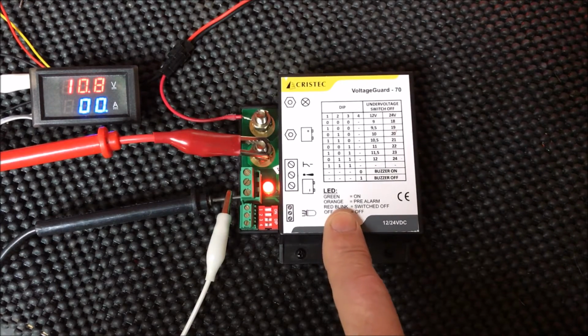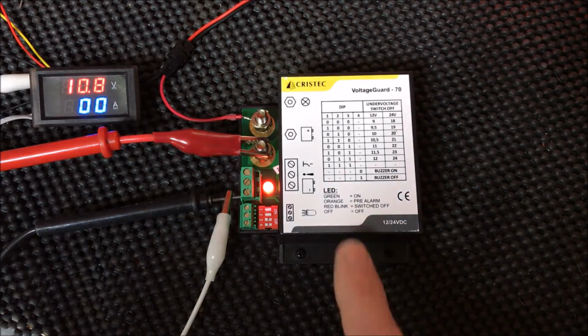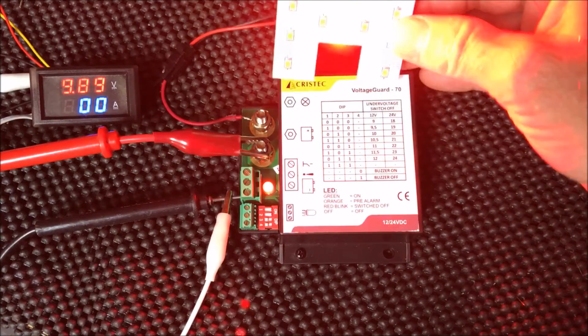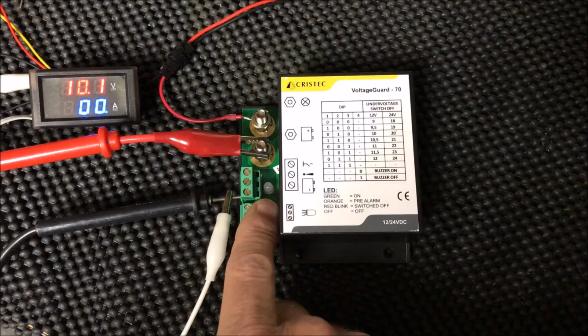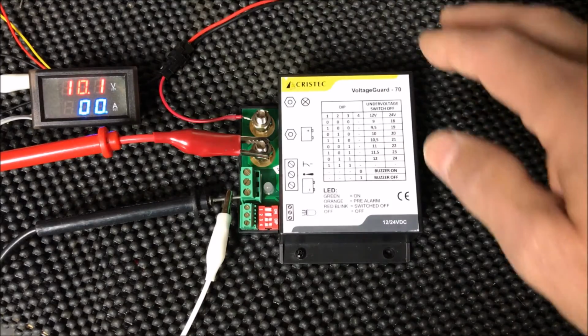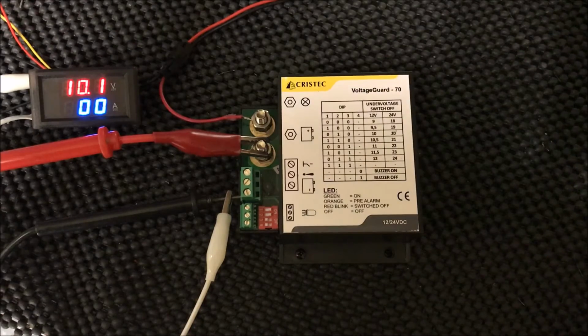That's letting you know you need to give attention to your batteries or whatever DC load is drawing down the batteries. So we're in pre-alarm status now, and we're going to go down to below 10.5, and what you're going to see is after a couple of seconds we're going to lose our DC loads, and we're going to get an alarm, and the lamp is now going to switch to a red flashing sequence, and there it goes. So now what we've done is we've cut off all the downstream loads that were sucking down the battery, and we're going to go ahead now and recharge our batteries, and the reset set point is about 12 volts. And again, there's a little time delay,